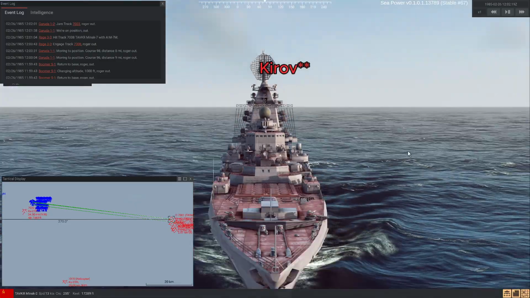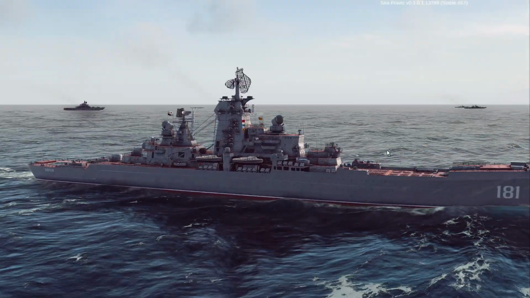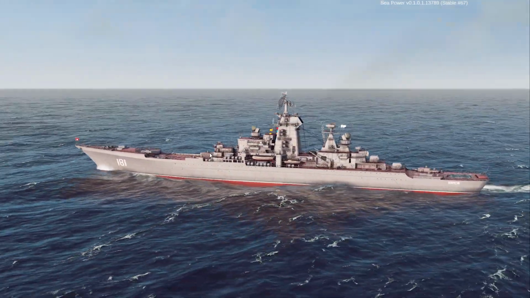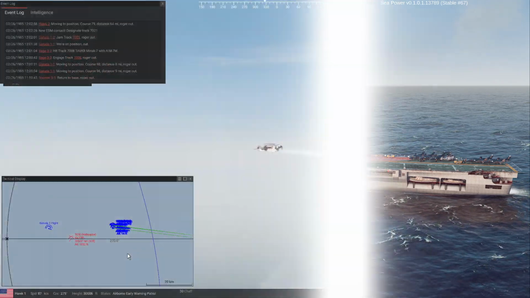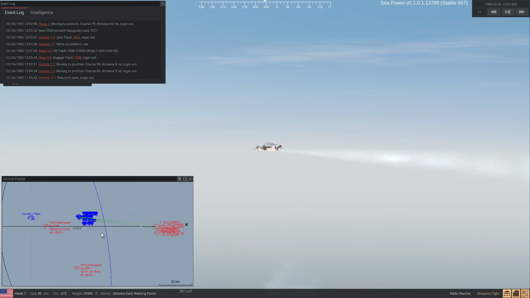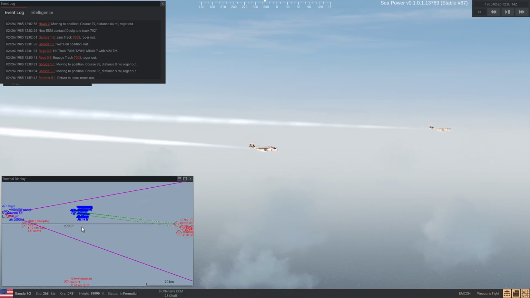Meanwhile, here is Kiev. Beautiful thing. But if everything goes to plan, it's going to be turned into scrap in no time. They are emitting, by the way. 2, 1. It's strange that I have seen no Jacobs. They should be around. And I was a little bit worried about these two planes 006